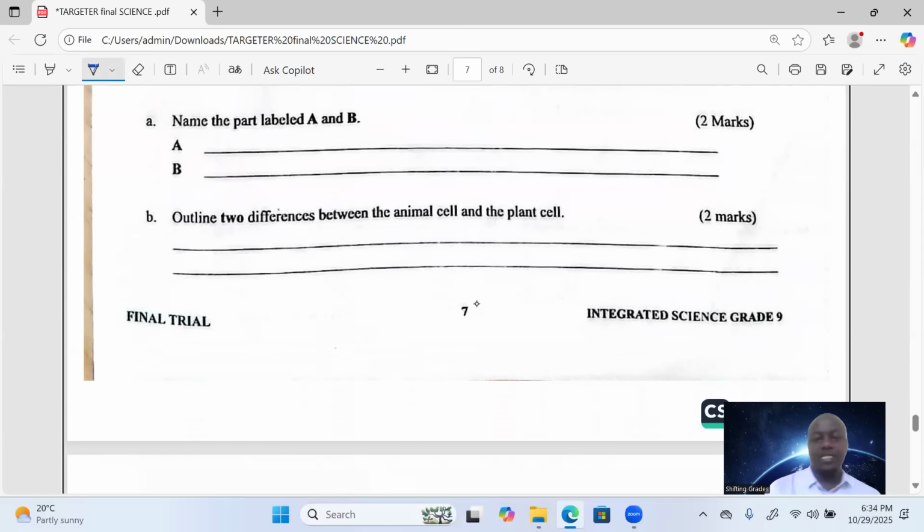One of the differences is that the plant cell has the cell wall. The animal cell doesn't have the cell wall. A plant cell contains chloroplasts, while an animal cell doesn't contain chloroplasts. Remember, that is the organelle responsible for photosynthesis. We've talked about the cell wall, and in animal, no cell wall, among other